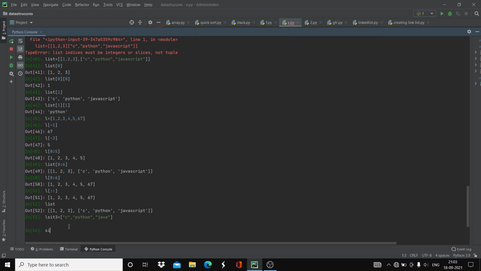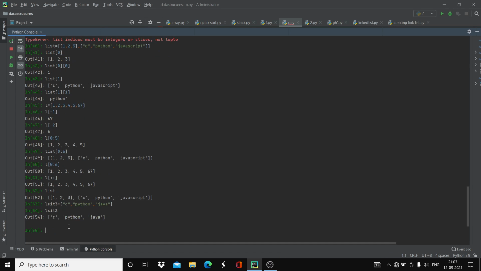Now let's display list 3. I want to change Java, because Java is very irritating. Java is present at index 2, so I should write list 3 of 2 is equal to, what is the next language which I like, let's say SQL.